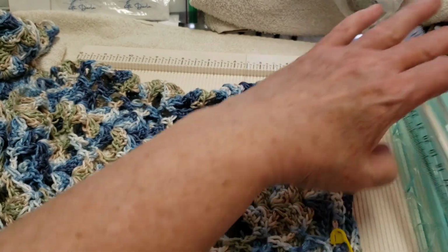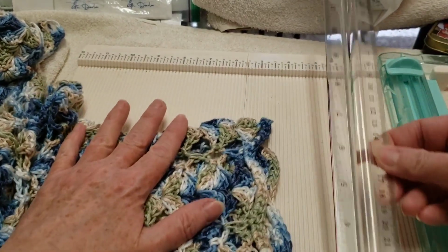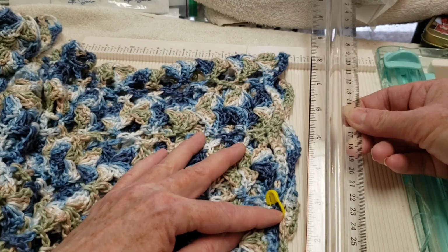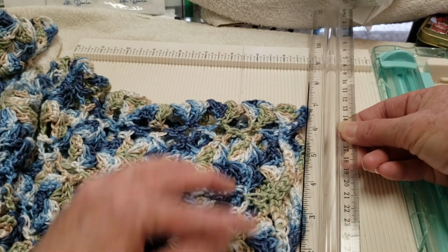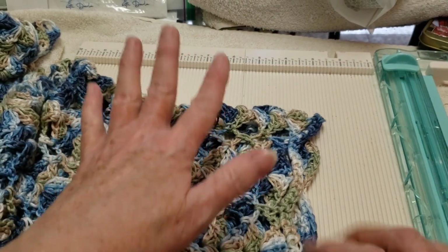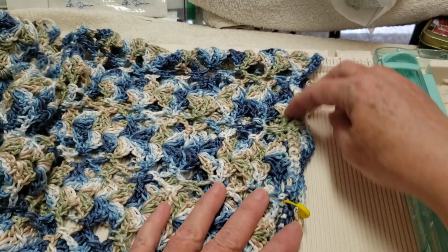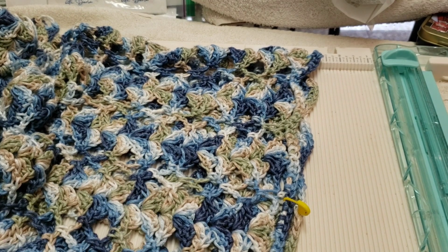Okay, I've marked it here, and it's around 7 inches. So whatever you need, make sure you try it on and then mark under your arm how big you want your armhole to be. So now we're going to